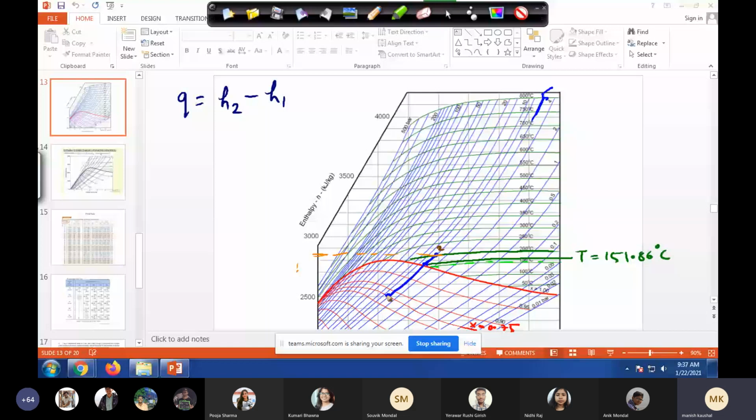Just as a practice, in case someone is interested, you are free to use this small diagram. Okay, guys, so this way we end this topic, the first law for what we discussed for closed system. Most of the problems were closed system. Now we'll go for open system or flow process. So you solve the third assignment, and if any doubt, of course I am there.